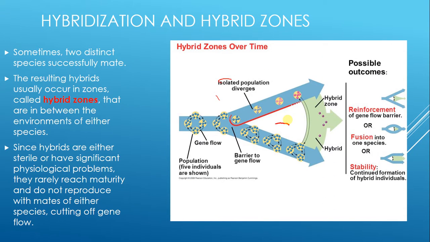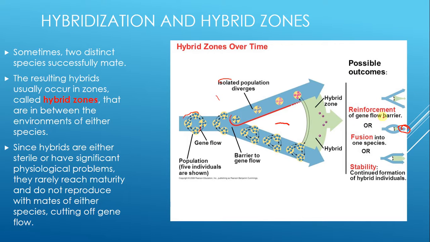However, sometimes hybrid zones can go through some different kinematics. So, if these hybrids are perfectly fertile, we have gene flow in between the species, and that species ends up fusing. So if enough of those hybrids form and go back to their respective populations and mate with those, eventually over time we'll have a fusion of species into one, and we'll kind of get rid of our two species.